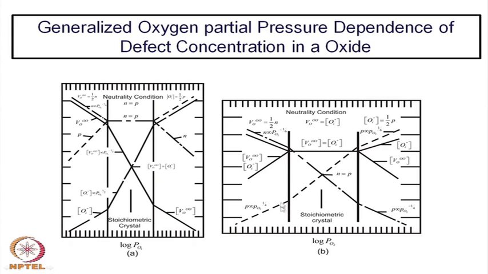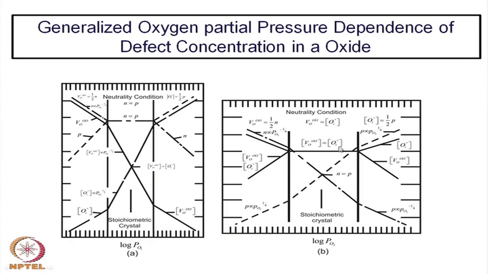On the left there is also a similar boundary condition. Once again, from a PO2 independent region it changes to a PO2 dependent region, but in this case it is oxygen vacancy. Okay. The oxygen vacancy is the predominant defect on the left side, that is lower PO2, whereas on the right side oxygen interstitial is the predominating defect. Okay. Others have a lower concentration. So, this region is dominated by oxygen interstitial, whereas in this it is oxygen vacancy, and in between both of them are the same, concentration wise they are same, and therefore, you have a PO2 independent